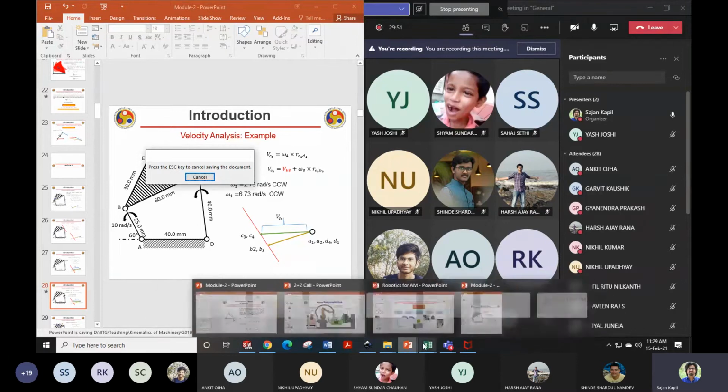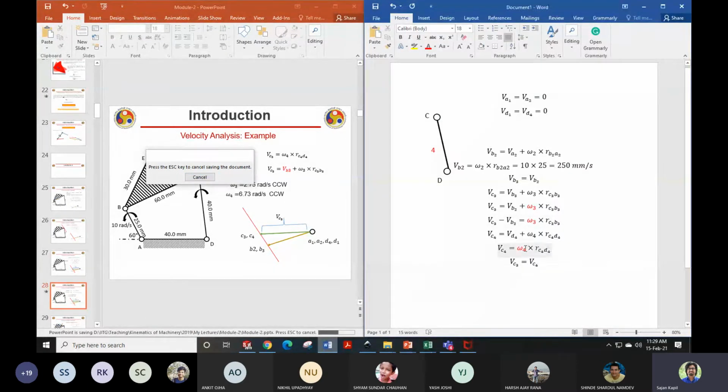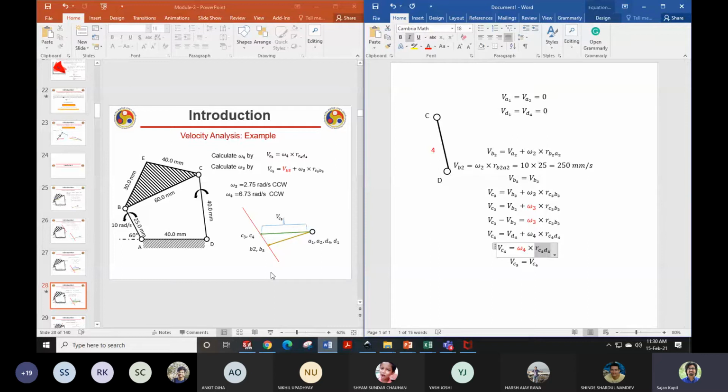Okay, it got hang. Just wait for a minute. Let me show you this. So I have assumed omega 4 as counterclockwise, and I know the position vector rC4/D4, position of C with respect to D. So it is towards me. That means I will put my fingers towards me and keep my palm towards C and rotate it. And it is saying the velocity of C4 should be right to left. Correct? My thumb is showing right to left. Now I look at the velocity diagram. It is also showing right to left. That means my assumption is correct.